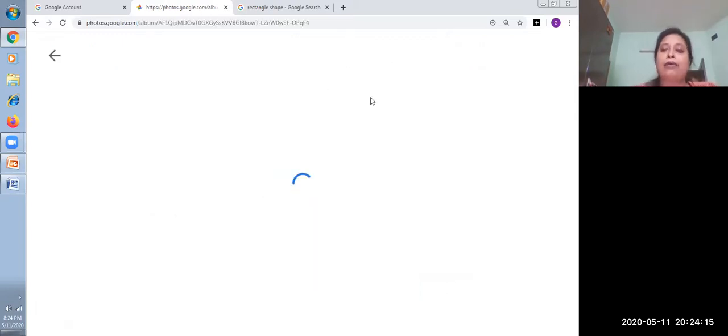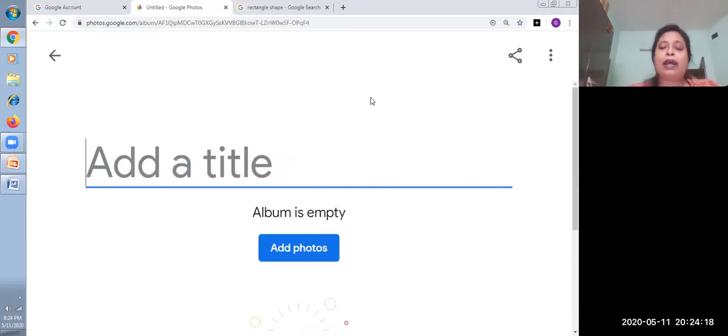For example, I want to create an album. I have a few pictures of birds in my computer and I want to keep those in my Google Photo. I can do two things with those photos. First of all, I can edit these photos, and second thing is that we can keep those photos for backup. Like if for some reason my laptop or my mobile is not working, we will be losing our photographs. If it is in Google Photo, you will not lose your photos. It will be kept safe.